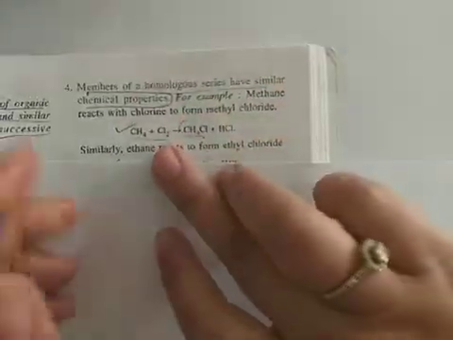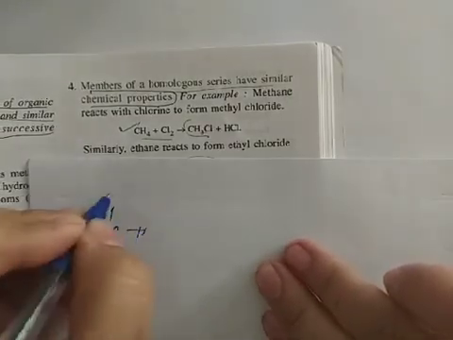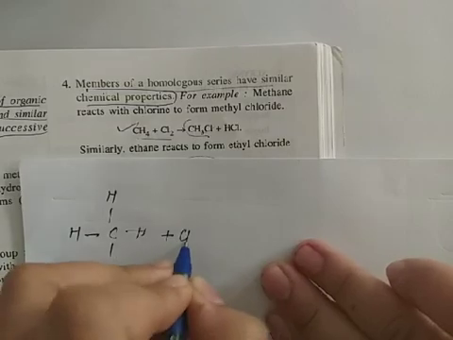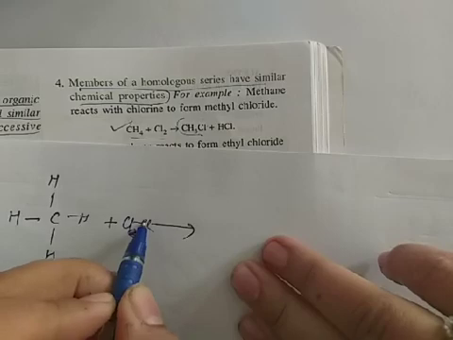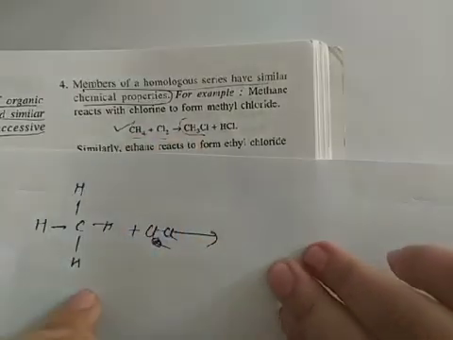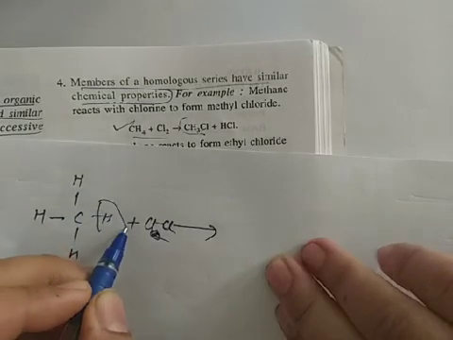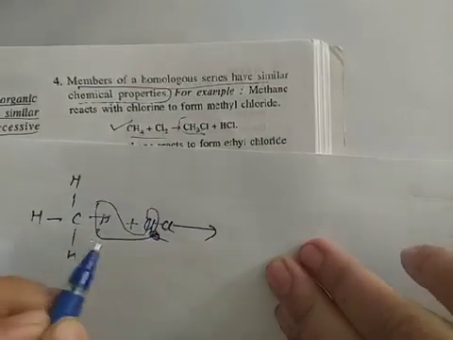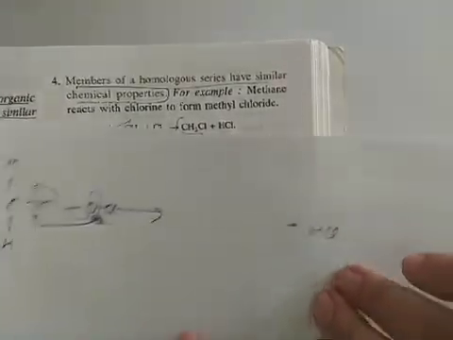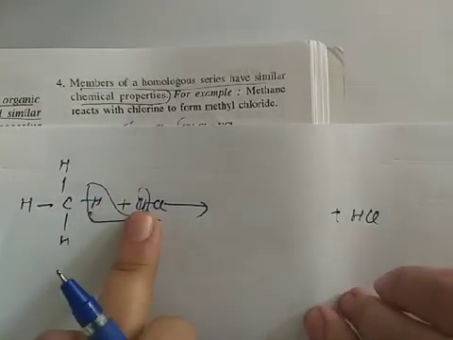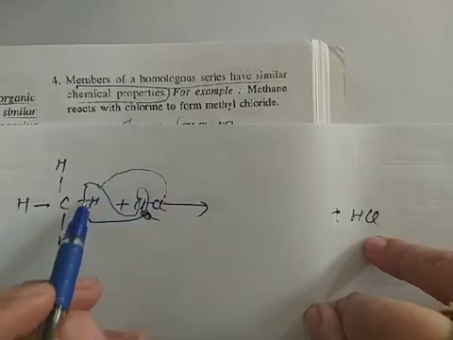This is CH4 plus Cl2. Now, if I have to make CH4 plus Cl2, what will happen? I can write this Cl2 like this also, so I have expanded this structure. Now what will happen? Any one of the hydrogens will come with one chlorine, and HCl will be released. Here HCl will be released. You can see this. One hydrogen and one chlorine are being removed, HCl is released. The other chlorine will go in place of this hydrogen.